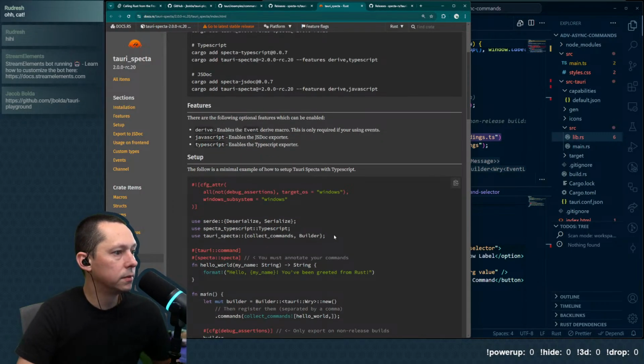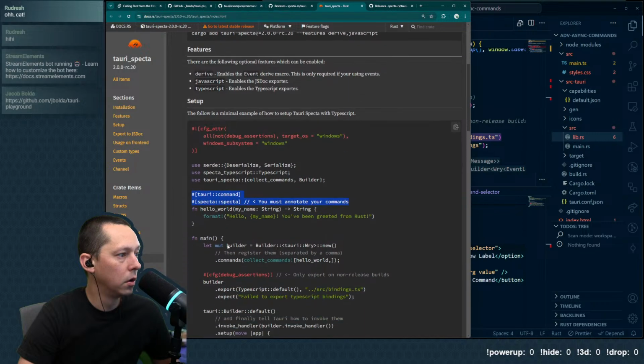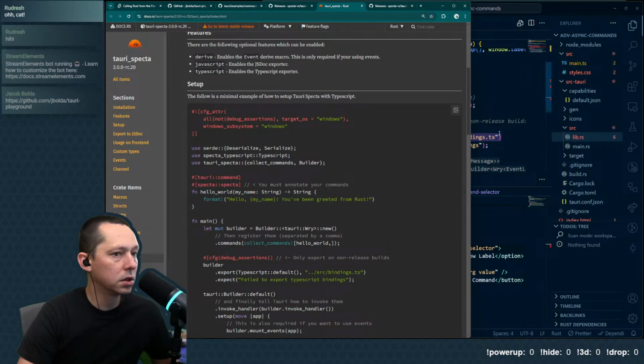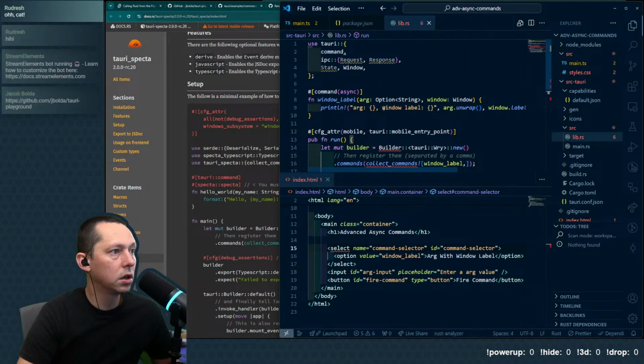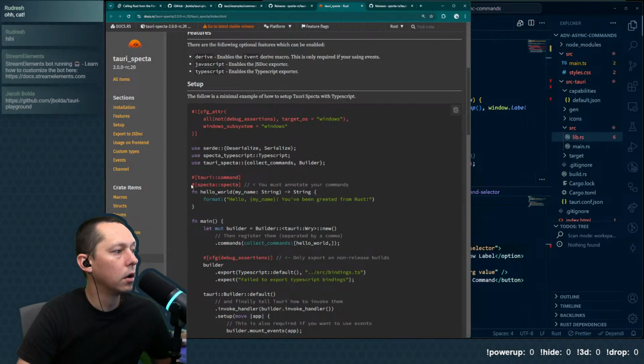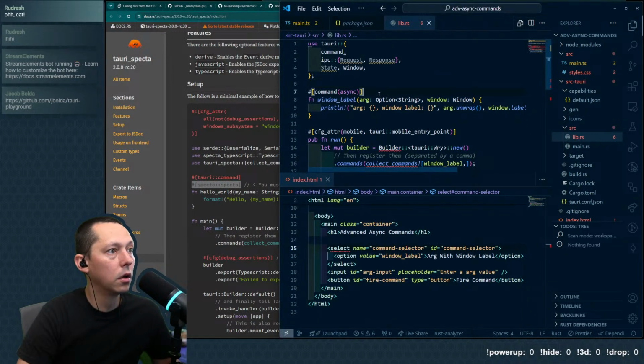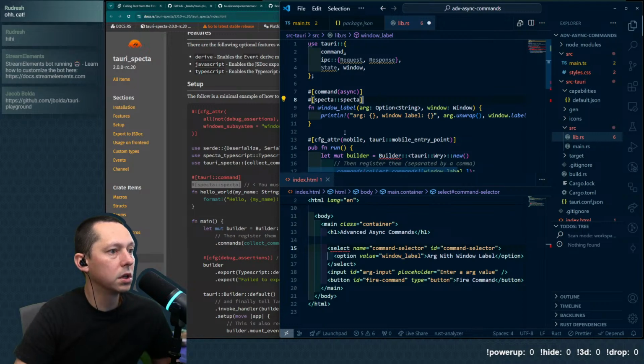And then we do need to annotate our commands. And this is going to be the bit that's interesting. It is annotating this command. Okay. We'll see how it works with async.